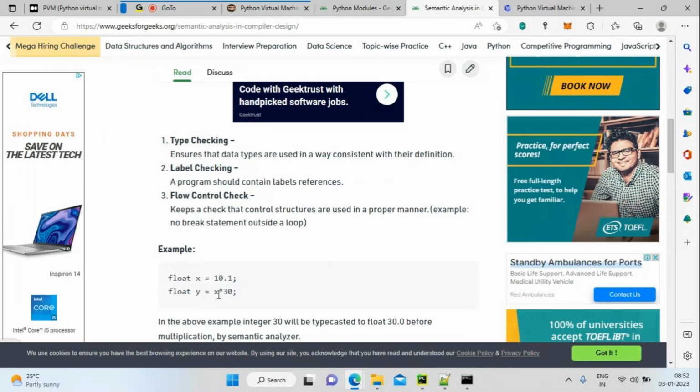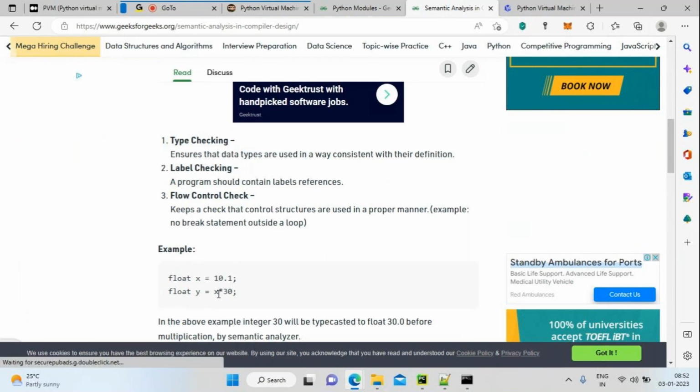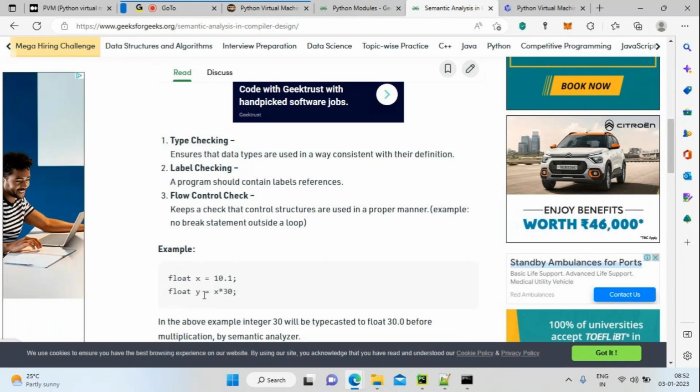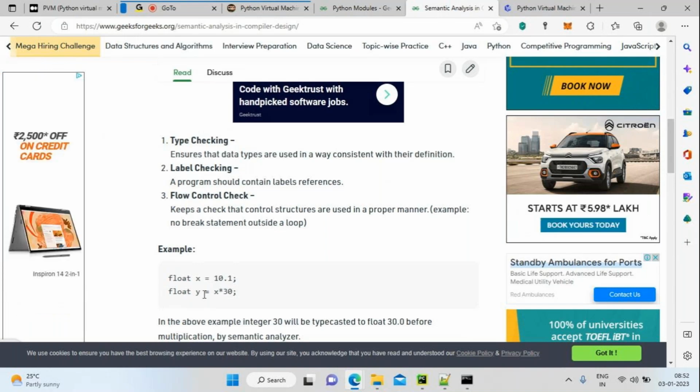Now I'm multiplying 10.1 by 30. This 30 is actually an int. If I multiply int with float, it should automatically convert into a float value. This kind of type checking will be done by the semantic analysis.